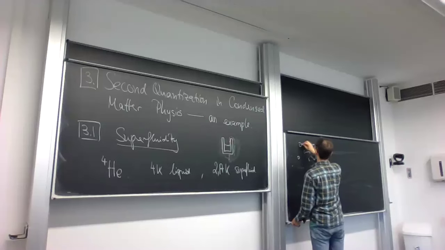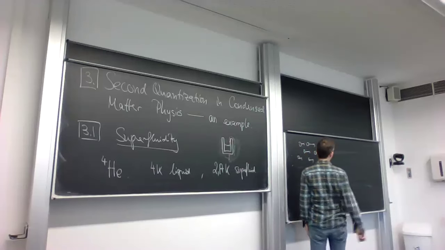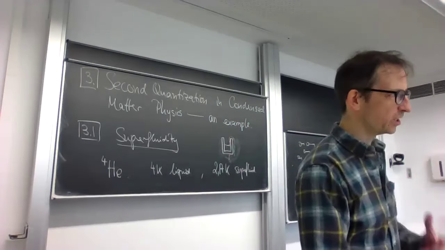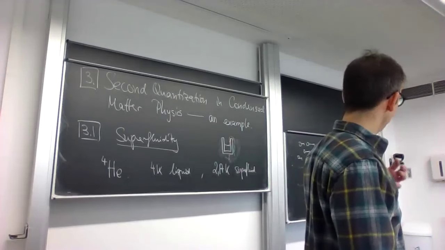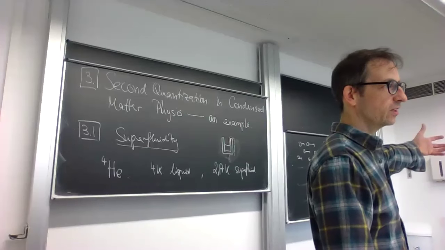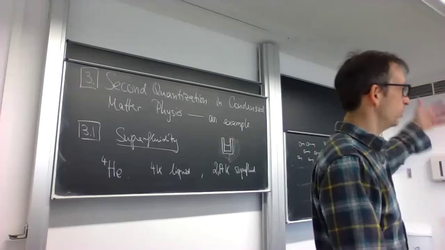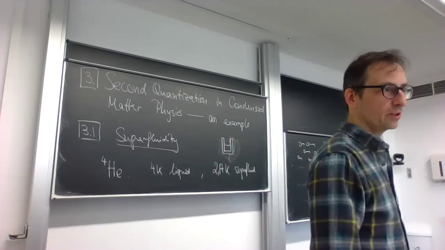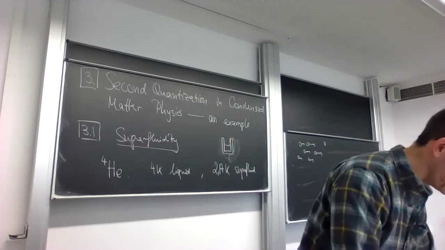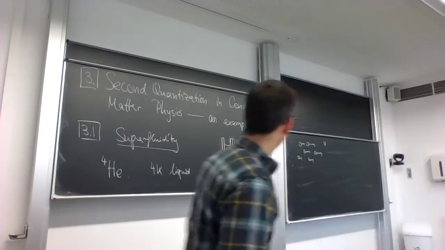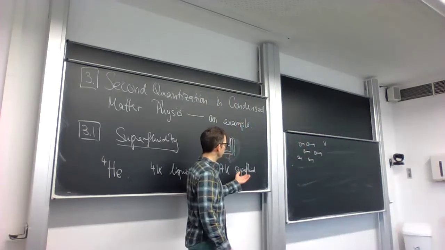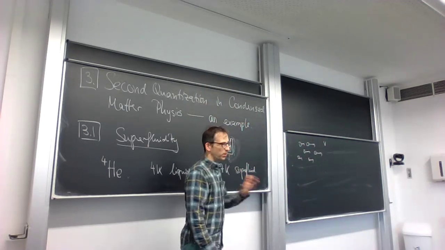We all go there with some, say, average velocity v, and we will find, in the specific computation we will do, that if that v is larger than a certain value, you'll have friction. You lose superfluidity, and below it we'll have superfluidity. This is just to tell you what we're going to do. We will compute this critical velocity beyond which superfluidity is broken,